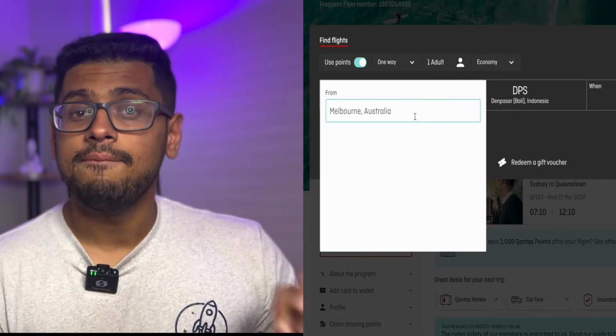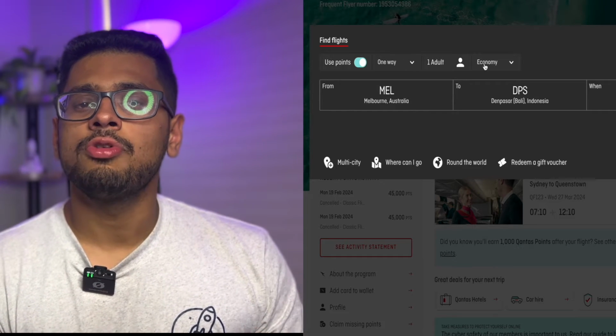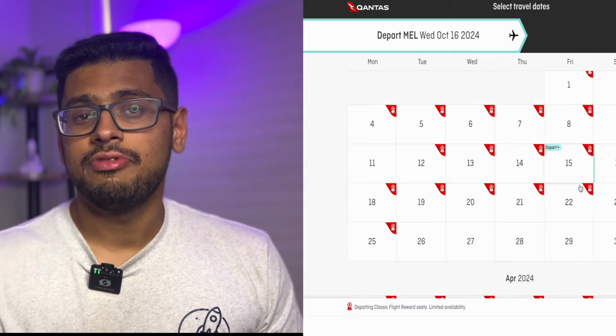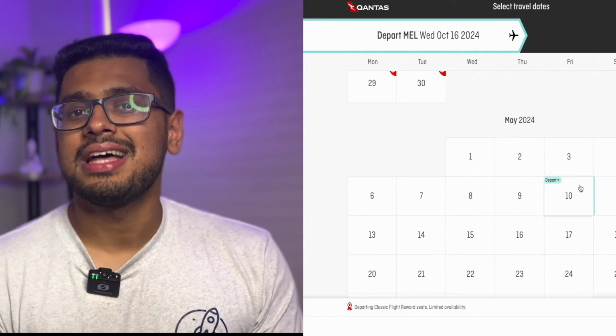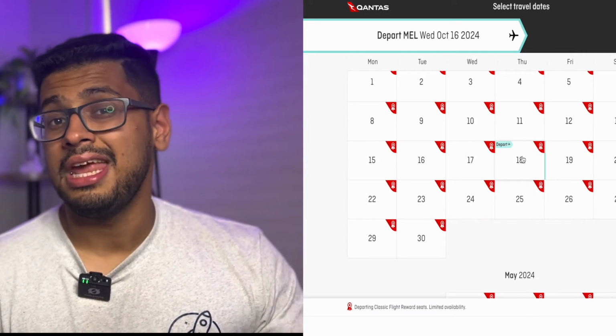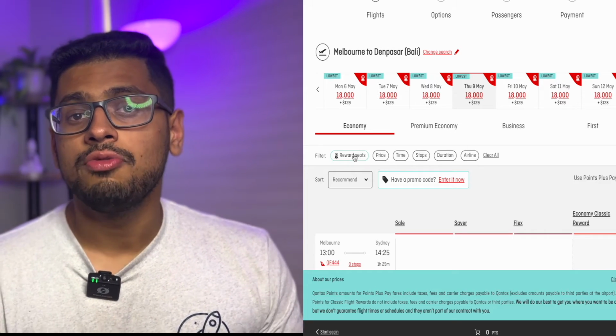of travel. I made sure to tick the use points feature, and then I started to look through the calendar. As you can see on this calendar view, all the dates which have this red ribbon mean that there is a classic reward flight available on that particular date. So I selected the date I was looking to travel, and then I was brought to this search result. So all you have to do now is click on the reward seats only tab, and